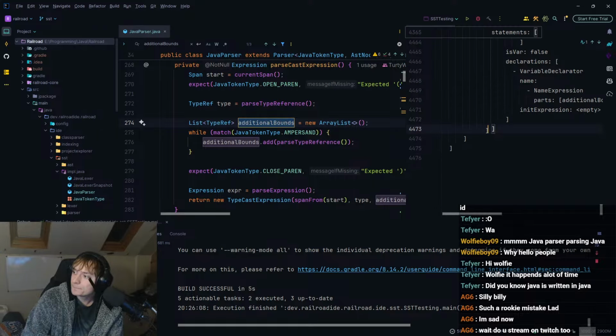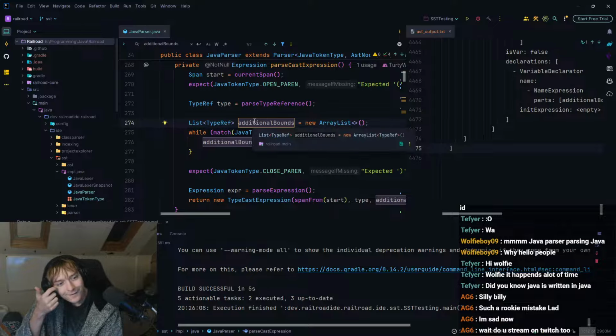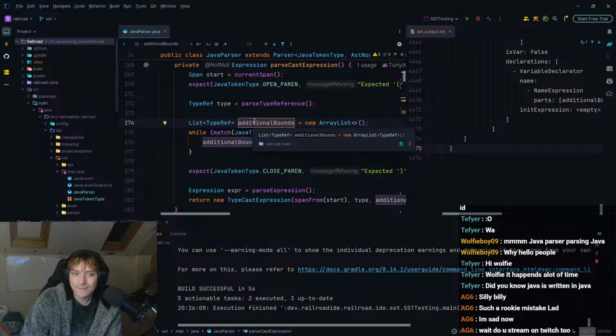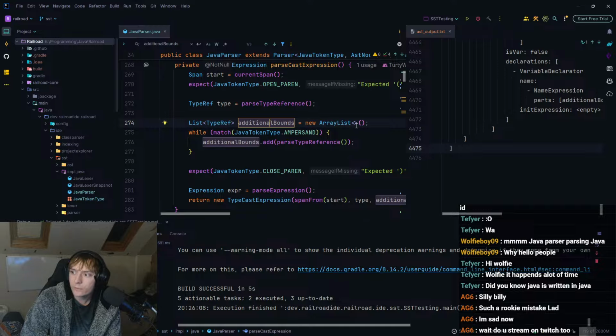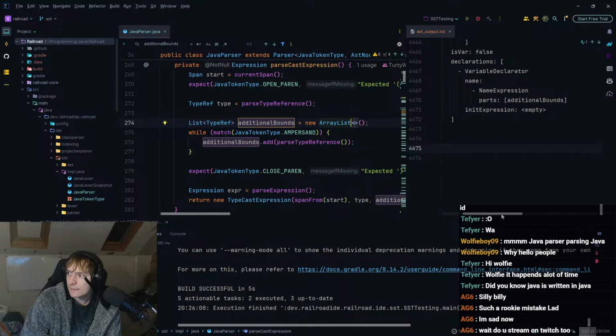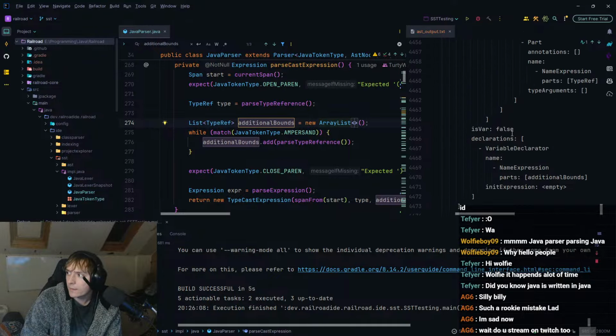Oh dear. So even after 4,476 lines, it has only actually got to line 274. Oh my god, this is crazy. Okay. So while we match an... So, okay, wait, what is the issue? Oh, the issue must be this. It must be this, right? The init expression is empty, apparently. Yeah, I think that has to be the issue.